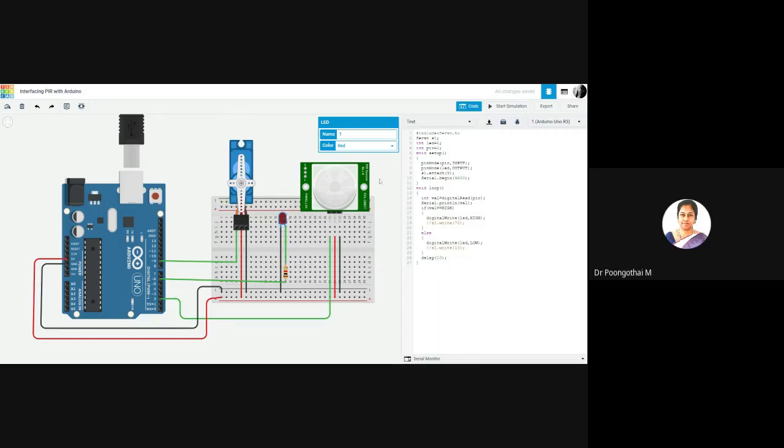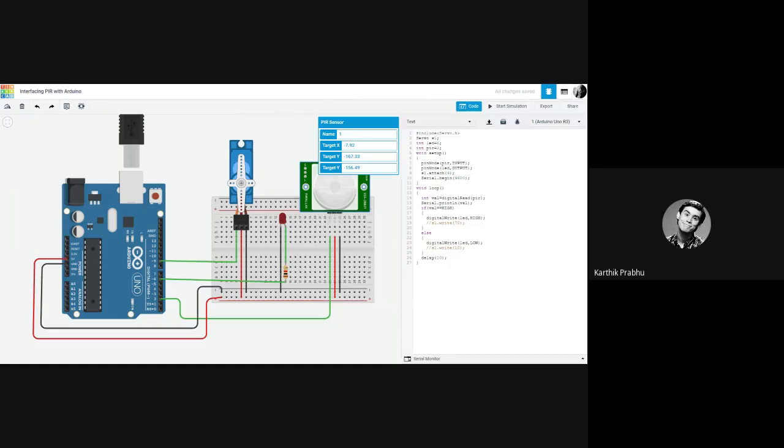I have declared the servo and LED connected to the sixth digital pin, and the PIR sensor to the second digital pin. In the initial setup, I have initialized the input mode for the PIR sensor, because I need to get the input from the sensor only. The LED will reflect the output of the value we get from the PIR sensor. The servo is attached to the ninth pin of the Arduino, and I have begun the serial transmission so we can easily see the output in the serial monitor, with a baud rate of 9600.